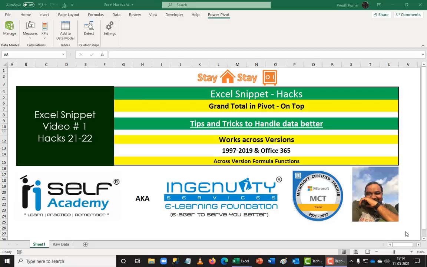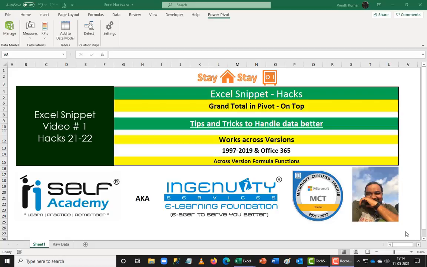So I have 2-3 hacks available, and that's why I call this a hack, because this is not a default option in a pivot table, but we can get it done manually. I can either create two pivot tables and use cell references, or I can use GETPIVOTDATA. These are the three options I can use. I felt the two pivot tables and cell references work well, but I will always vote for the one which is wonderful here, called GETPIVOTDATA. So let's see how I'm going to work on that part.